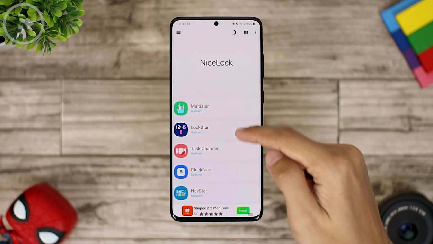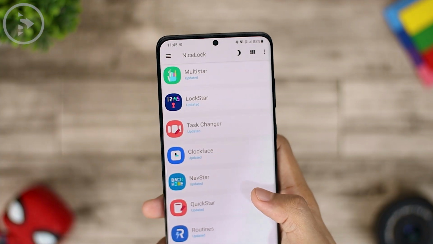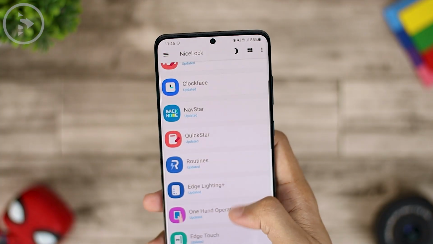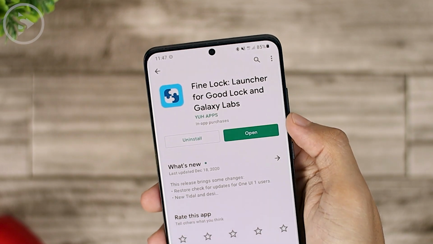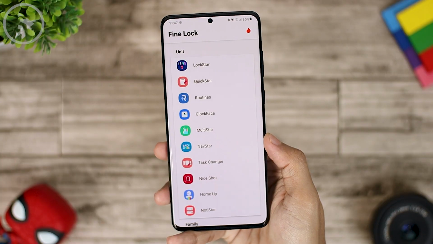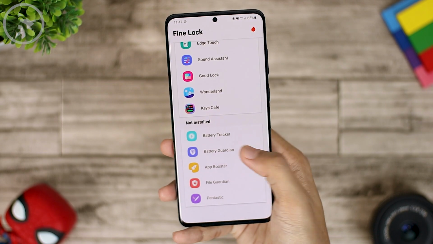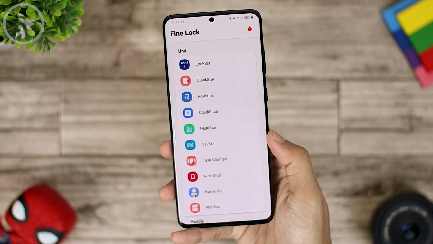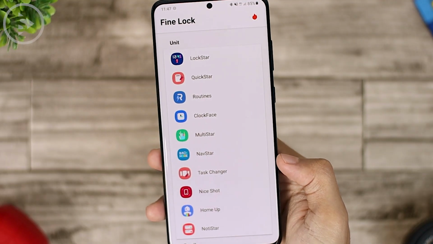So you can immediately select the module according to the module that you want. Here there are many new modules that you can download directly in the same way as before. Apart from the NiceLock application, you can also install the module via the FindLock application. So far, the FindLock application has no ads like on the NiceLock application we tried earlier. However, sometimes the module in the FindLock application are not updated, and for the updates, the NiceLock application is more updated.